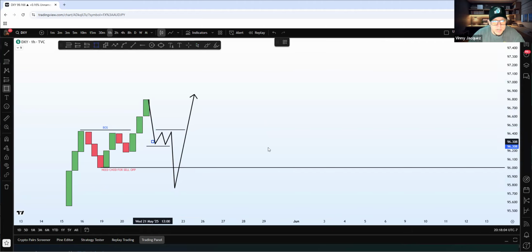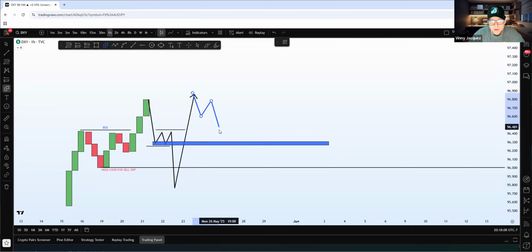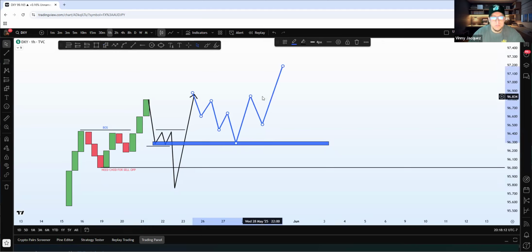And we can go ahead and enter here. We just have to wait. Sometimes this happens. That's why it's very important to understand how to adapt when market conditions change. Because this does happen sometimes, especially on lower time frames. So it's super important you understand how to adapt and what to look for. Does that make sense, guys? Let me know.